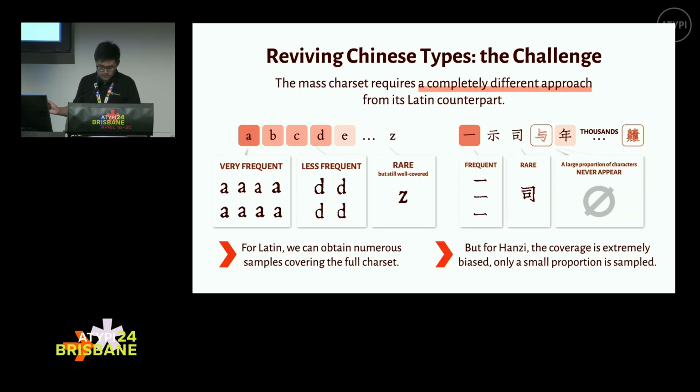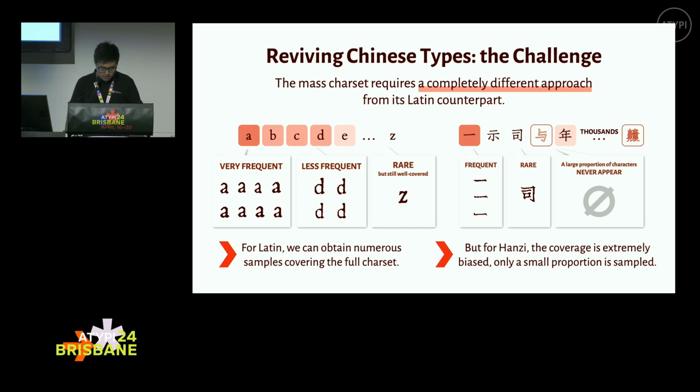Reviving Chinese typefaces is, in its essence, very different from its Latin counterpart, primarily due to the vastness of the script's character set. In Latin type revival, designers have the advantage of accessing numerous samples of almost every character you need. What the designers do is then to analyze these printed types and adapt the raw material to suit modern technology. But for Hanzi, the Chinese characters, the story becomes much different as there are so many characters in